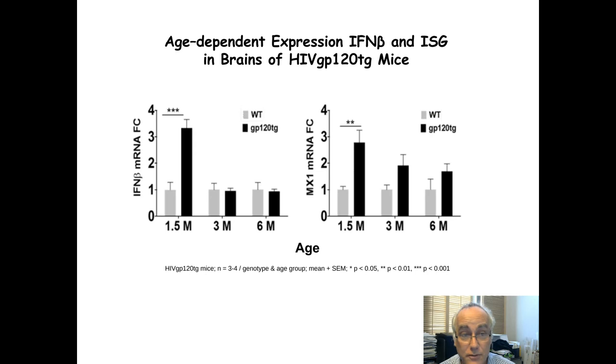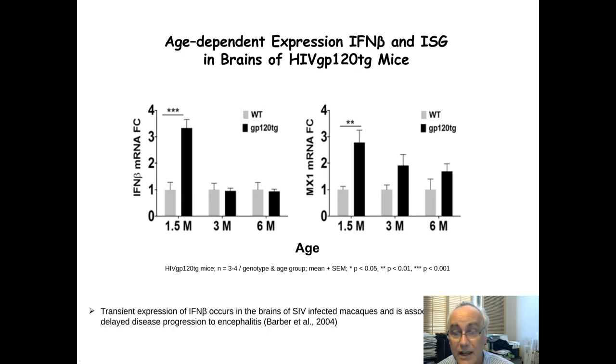Because in humans, we actually don't have this data. We don't know exactly what's happening because we can't look at the brain in the same way in humans when they are alive. However, there is another model, and what we see in the mouse has been observed in non-human primates, in monkeys that have been infected with a relative of HIV, the so-called simian immunodeficiency virus. In those monkeys, we can see exactly the same thing,